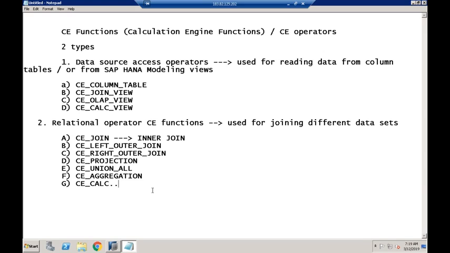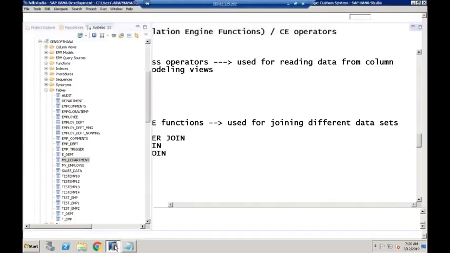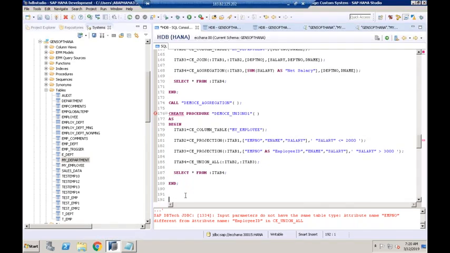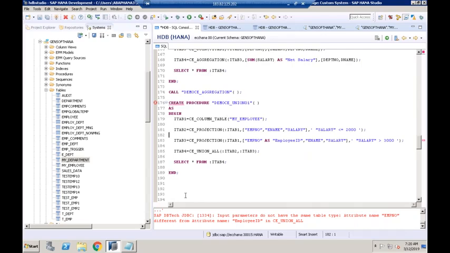Calculated column output. So if you see in the earlier sessions, yesterday's session, when I'm using the select statement, I'm using some calculation like salary into 1.5 as hike salary. So I'm doing some calculations in the select statement only. So we can achieve a similar kind of thing here also. So how to achieve this here? Let me just quickly